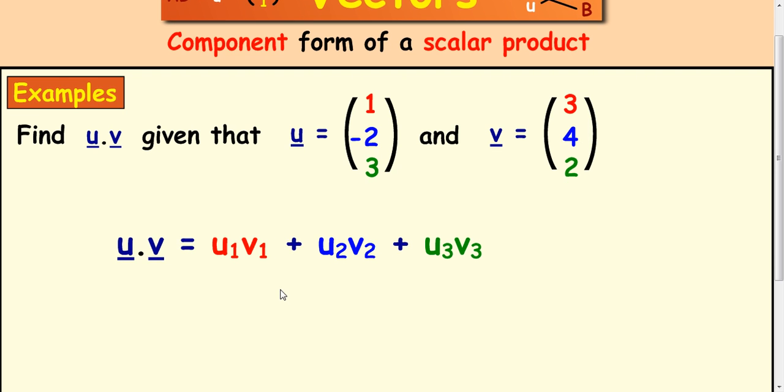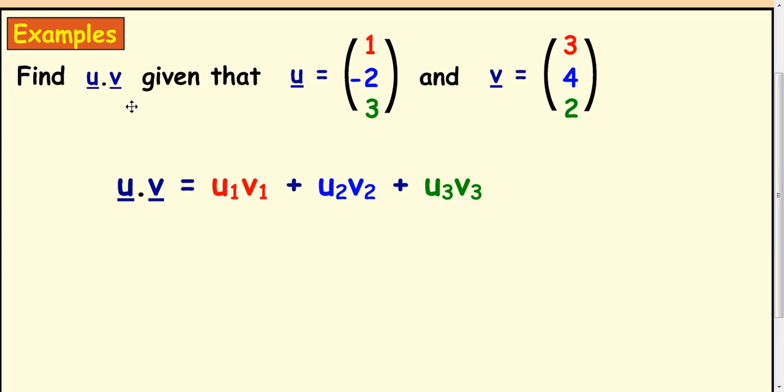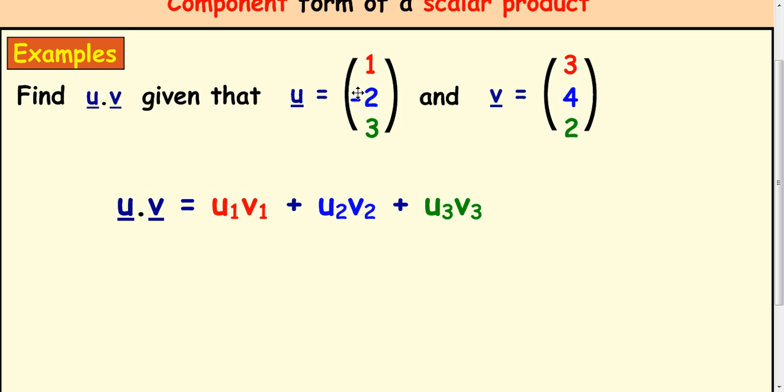Right, let's look at some examples. Find u dot v given u is (1, -2, 3) and v is (3, 4, 2). So you would go to your formula sheet and look for the scalar product, and you would find this here for component form. So 1 times 3, put it in brackets, I would advise that, plus negative 2 times 4